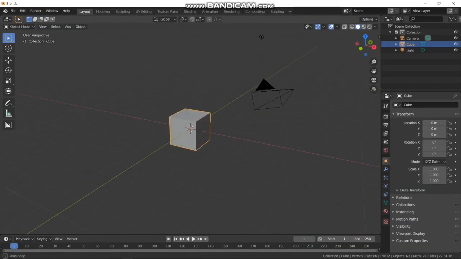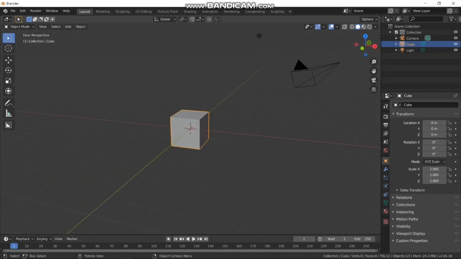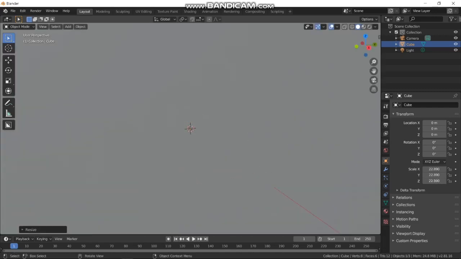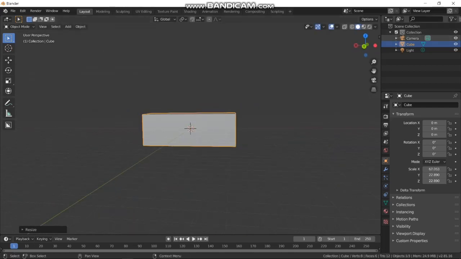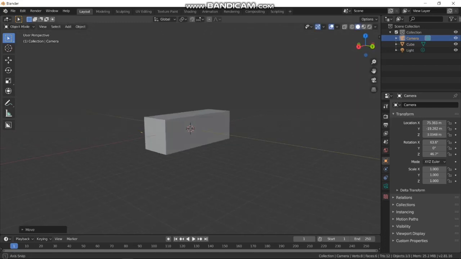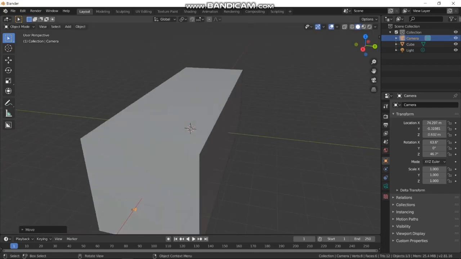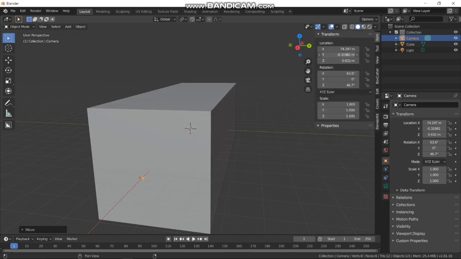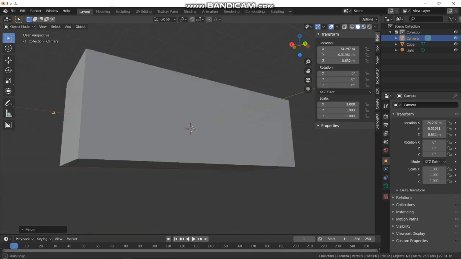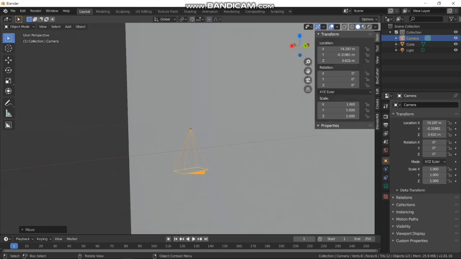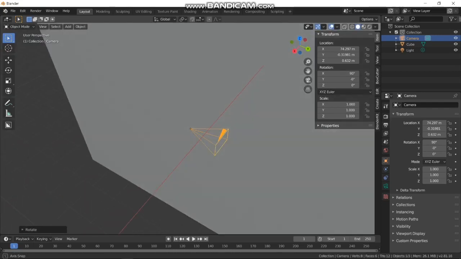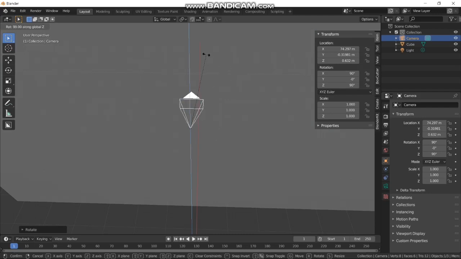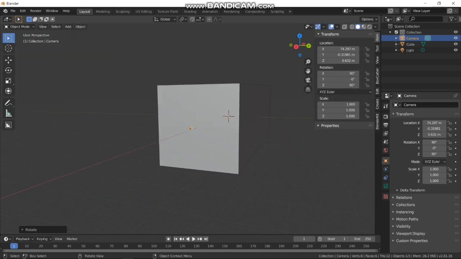So start with the new Blender scene. We'll turn this cube that's already in there, we'll make it massive, and I'll make it deep, and then we'll get our camera and we'll grab this guy and we'll put this over here at the beginning, and then let's straighten that up. 0, 0, and then let's make sure we rotate that 90 and rotate that 90, and then let's take this cube that we've just made